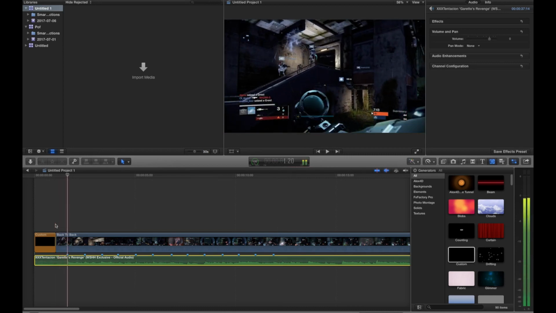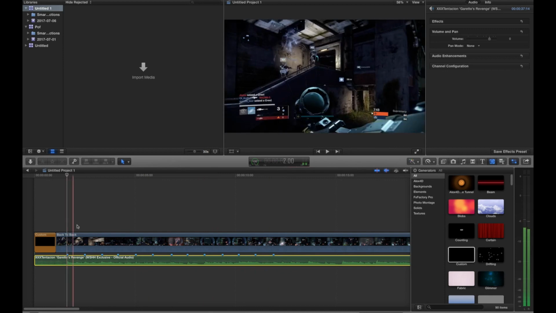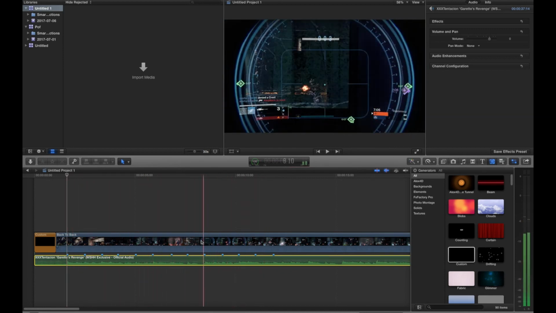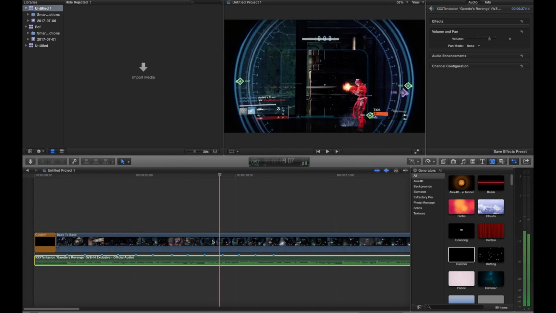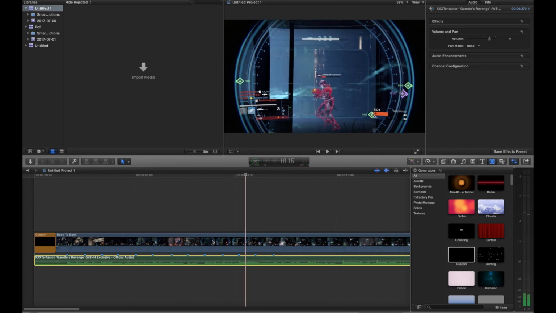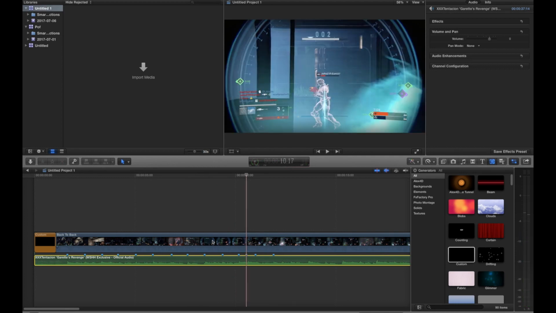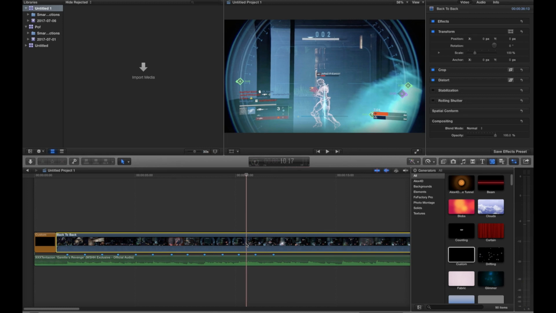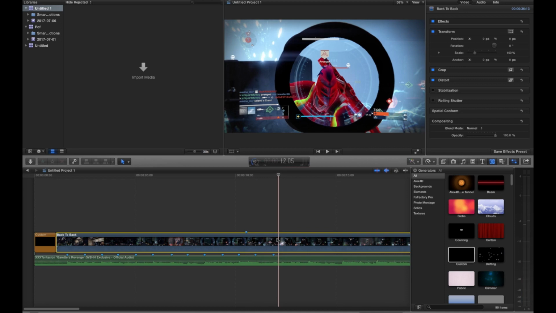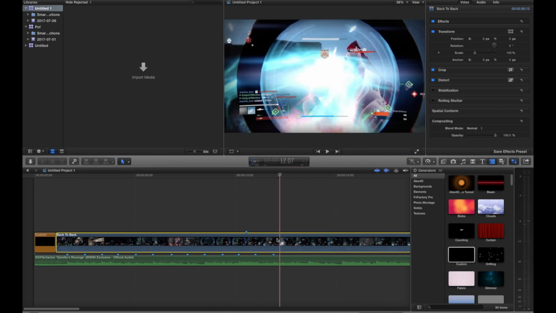Okay, so now we're going to get into the actual syncing part. You can add markers also to this clip, to the actual shots. I don't normally, but just for this tutorial I will. So just make sure the clip is selected and press M right as you see the shot come from the gun. So right there,